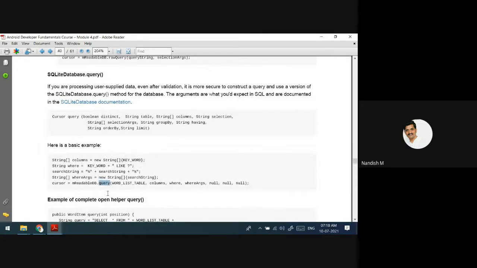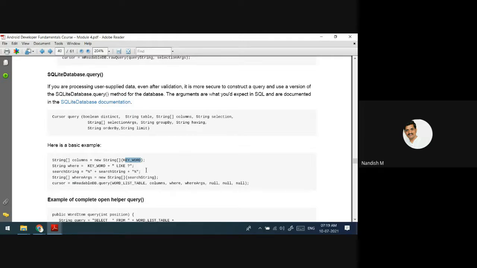Here, see here. This is a database object dot query, word list table. The table is word list table. Next comes the arguments. First is the table name. Next, columns. Which are the columns you want? I want word or I want description.